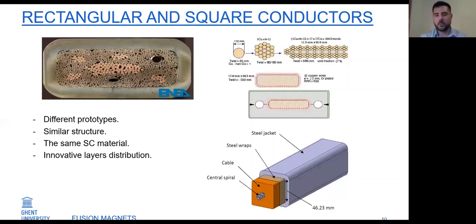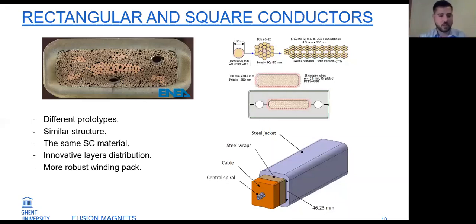In the up right we see external cooling channels, but of course the cooling is always through between the strands of the conductor. And these kinds of conductors can be more robust against the winding impact because they will have less space between them, and it will be better for